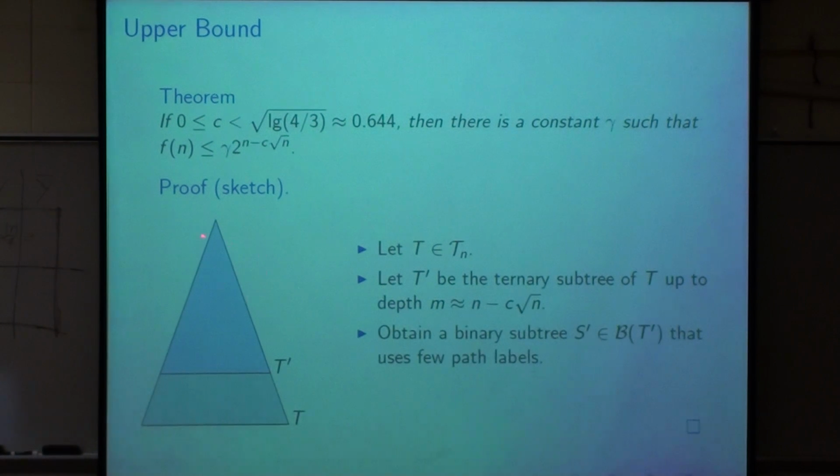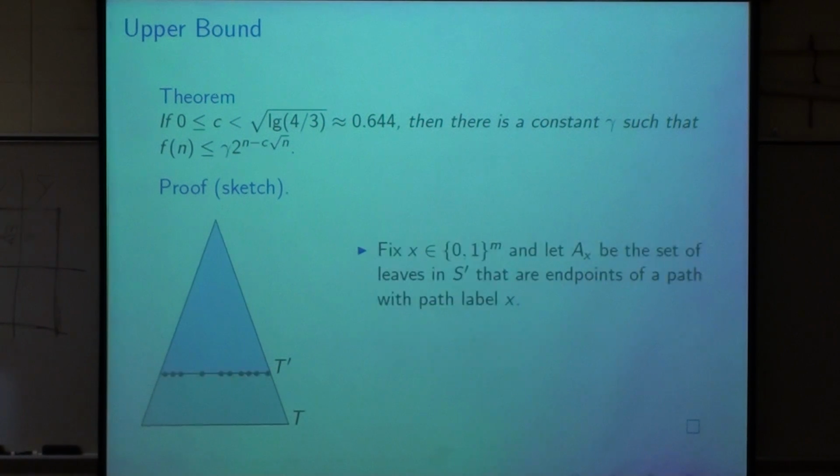We apply induction and find a good binary subtree of T prime, and then we're going to extend at each one of the leaves. Essentially there are two possibilities. Either we have a lot of paths here that have the same path label, in which case we're very happy to extend anyway, because if you've already gotten a huge number of paths with the same path label, all zeros, for example, then we're already doing very well,